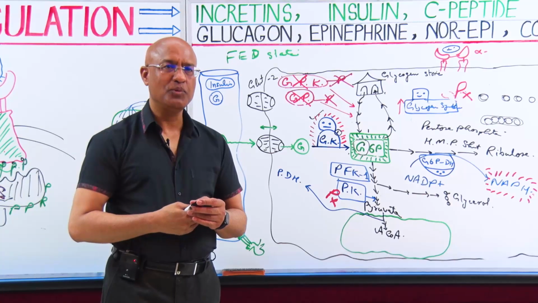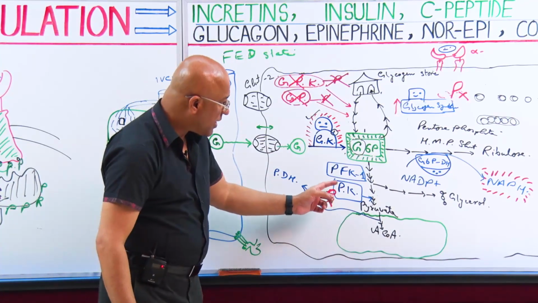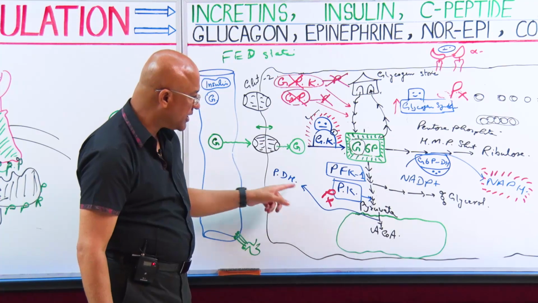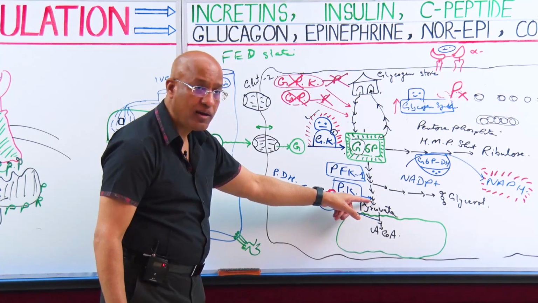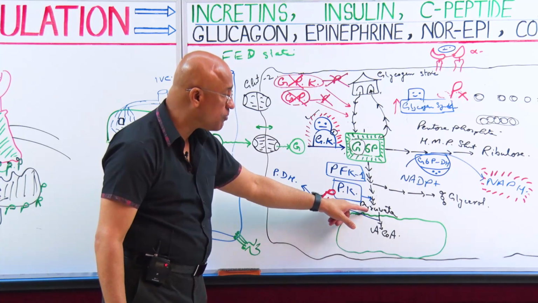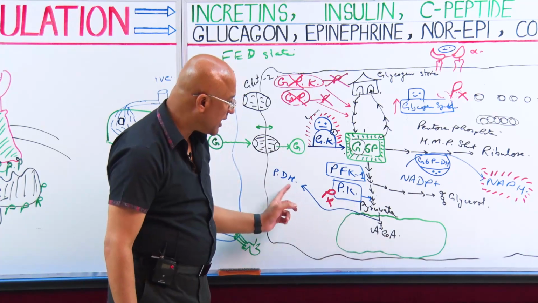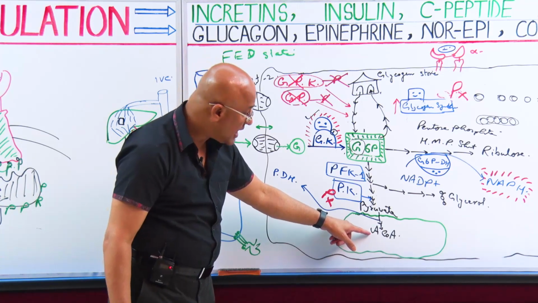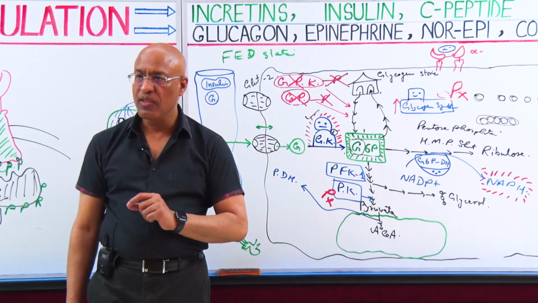Right. So we ended up with acetyl-CoA. Again, listen. Pyruvate, and there are 2 enzymes. One is pyruvate kinase, the other is pyruvate dehydrogenase. Pyruvate kinase is in the cytosol and it helps in the formation of pyruvate. And pyruvate dehydrogenase is inside the mitochondria and it helps in converting pyruvate into acetyl-CoA.